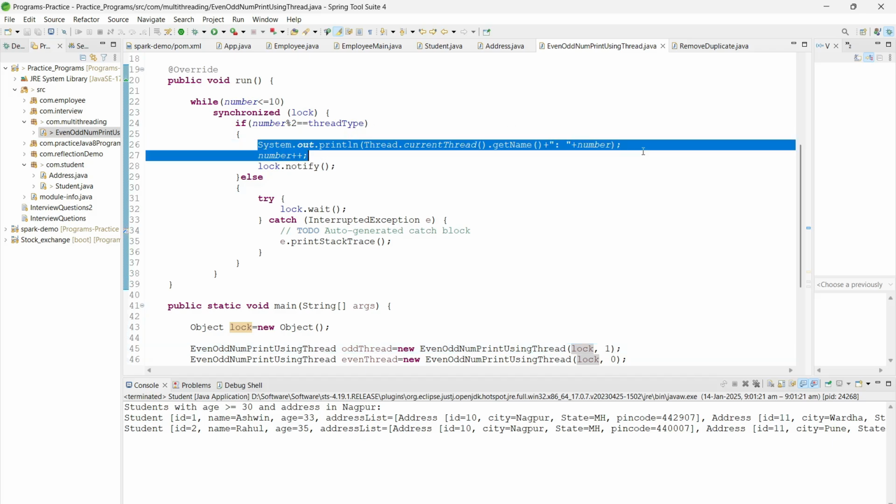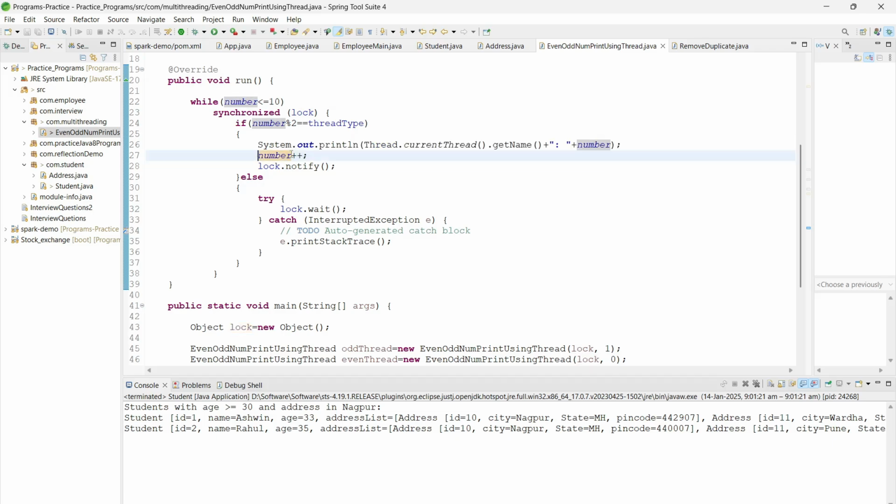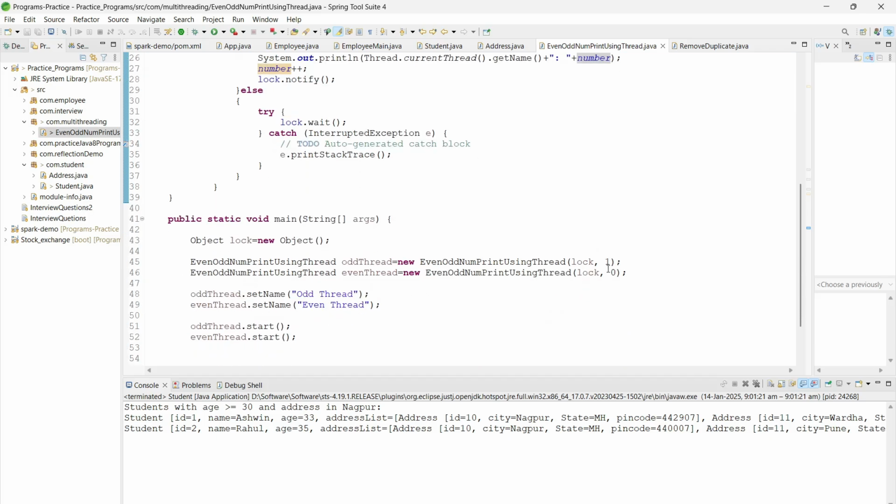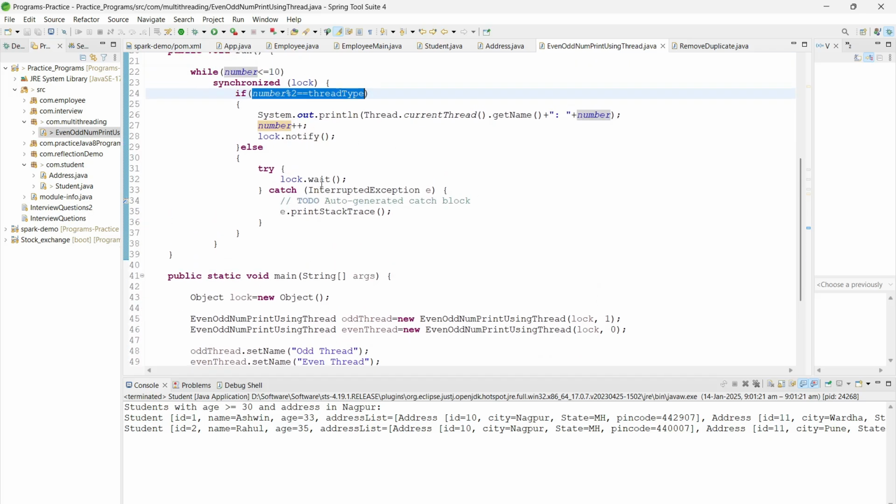So for the odd thread, the remainder equals 1, and then the number will be incremented, so it will be 2, and lock.notify will release the lock. For the other thread, when the even thread comes, it will not match this condition, as the remainder will be 1 and the even thread has a 0, so it will go into the wait state. So when the odd thread calls lock.notify, the odd thread will release the lock,